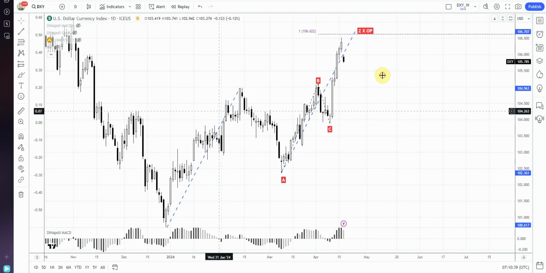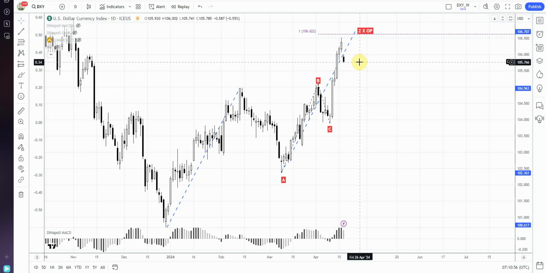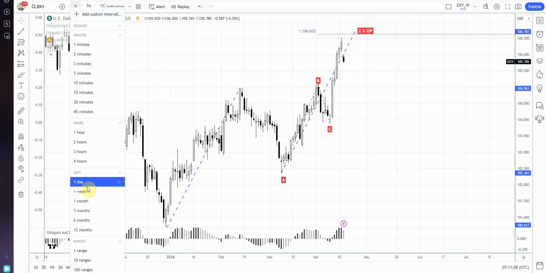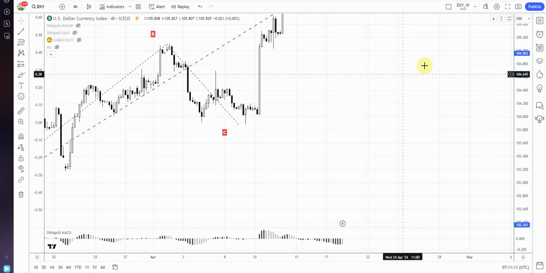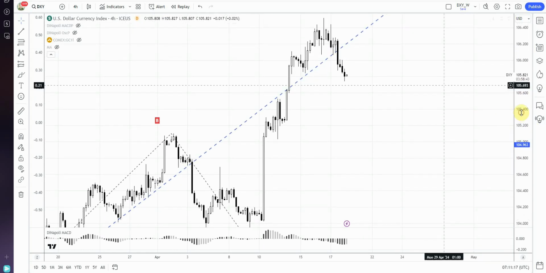So here are two OPs, this larger ABCD and the minor ABCD. The euro currency reached this minor ABCD two days ago, a bit earlier than the dollar index. And for the dollar index, it was a technical necessity to complete it before the retracement starts. Correspondingly, if you remember, we talked about the double repo sell, and we said it's better to trade it on the dollar index because it has a much better shape. Indeed, if we take a look at the rally that we mentioned as a possible double repo, you can see that it's a bit different compared to what we have on the euro currency.